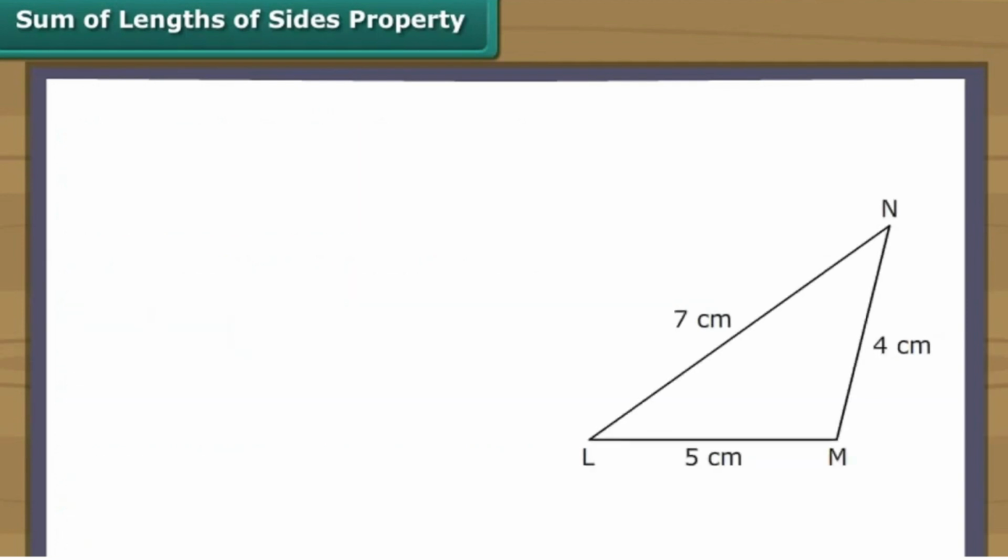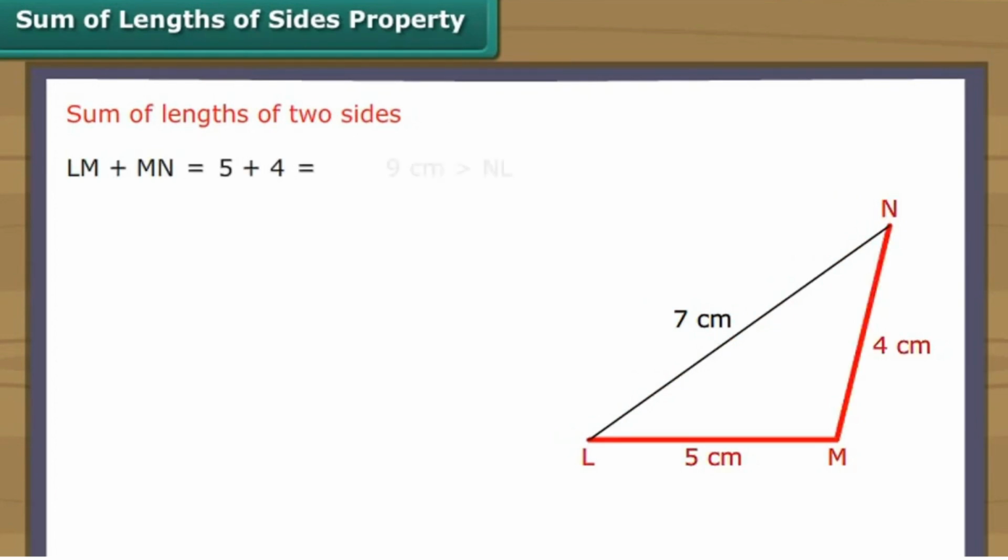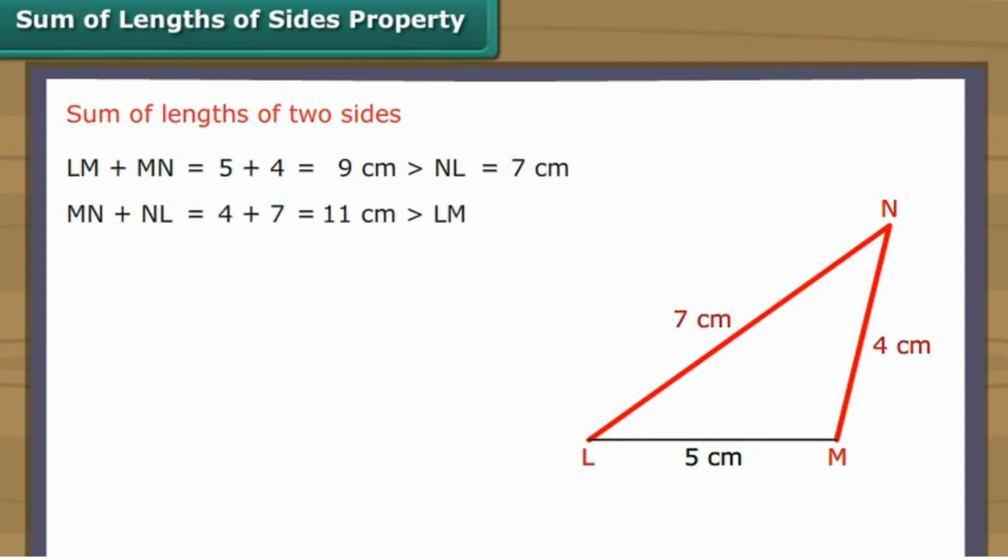In the triangle LMN, LM is 5 cm long, MN is 4 cm long, and NL is 7 cm long. Let us first look at the sum of the lengths of two sides. LM plus MN is equal to 5 plus 4, which equals 9 cm, which is greater than NL, which equals 7 cm. MN plus NL is equal to 4 plus 7, which equals 11 cm, which is greater than LM,